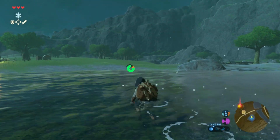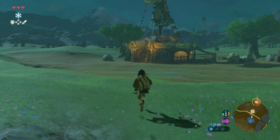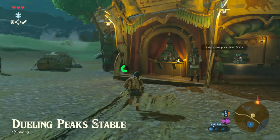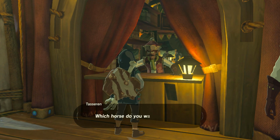This is a great time to demonstrate the fact that waffles can't come to us if they're too far away. So if you lose your horse, what you want to do is go over to a horse stable, and they will be able to...